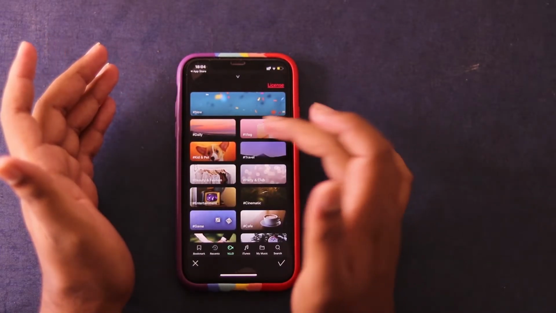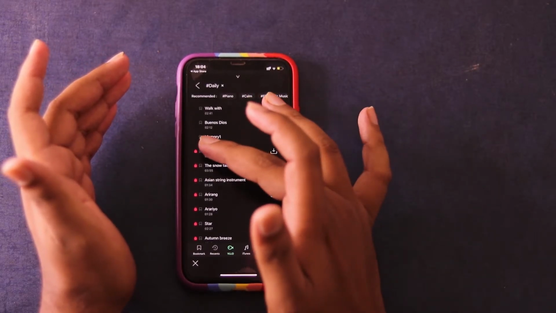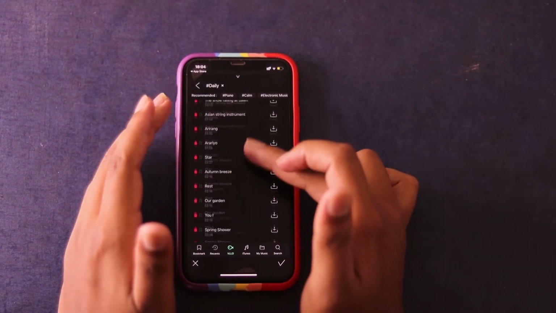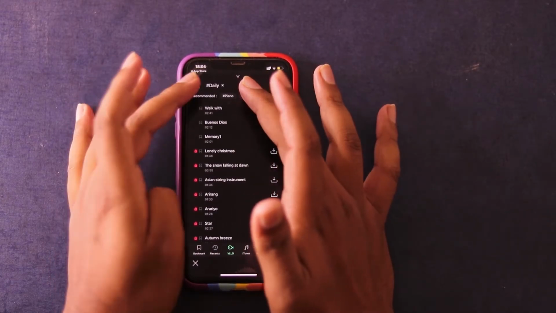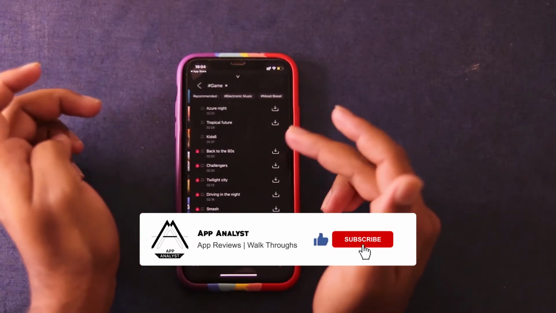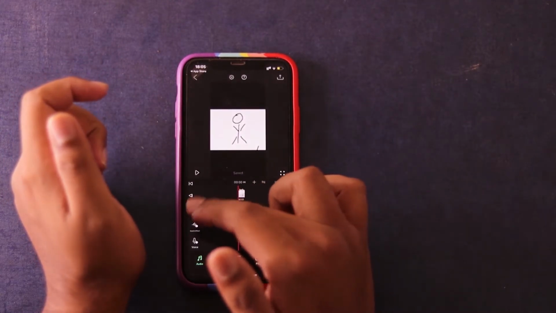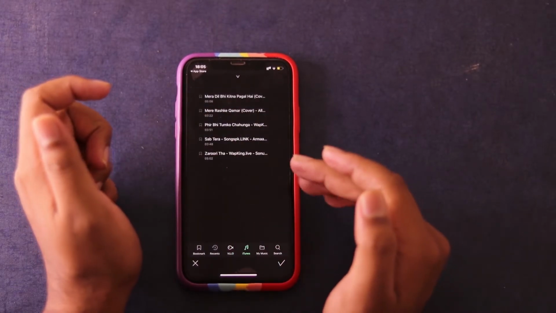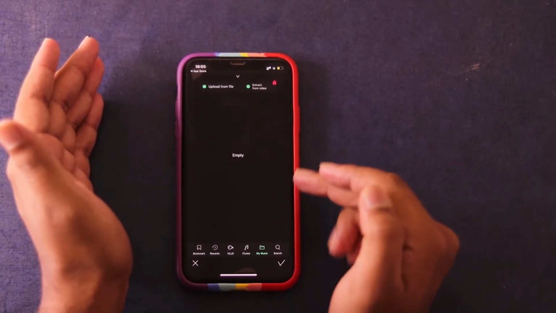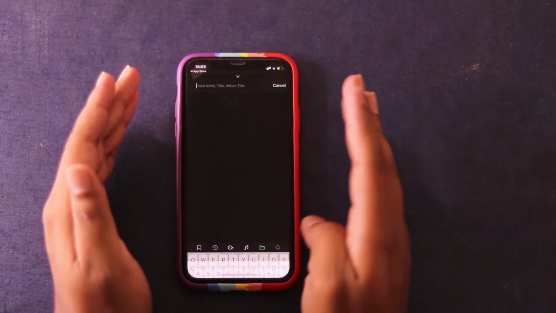It already has some copyright free music. As you can see, these three musics are free, and then you have a lock symbol which signifies that these are paid versions. These are paid music which are available, and there is a lot of music available. You can check it out. They have one or two samples given in each and every section, so you can check it out. Let's close. You can add music, or else you can add it from iTunes as well. Like if you have downloaded any songs on iTunes, you can use them. Then you have My Music, which is music you have saved from some other library, and then you can search the music here.